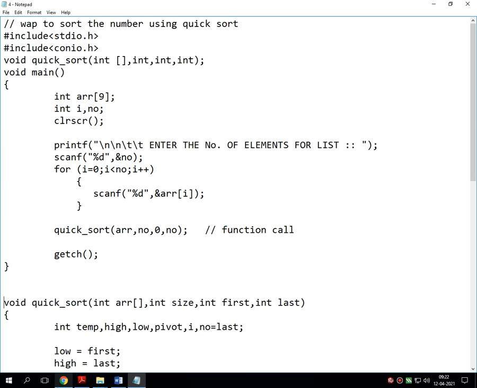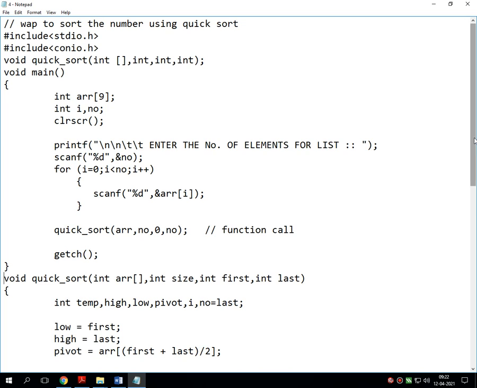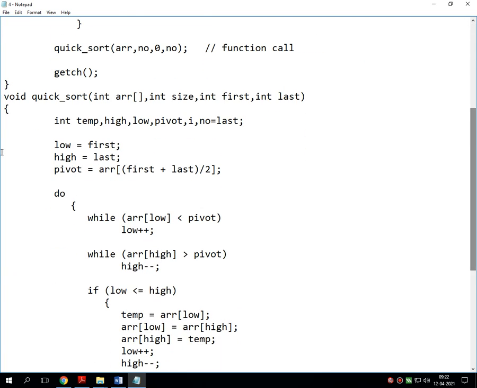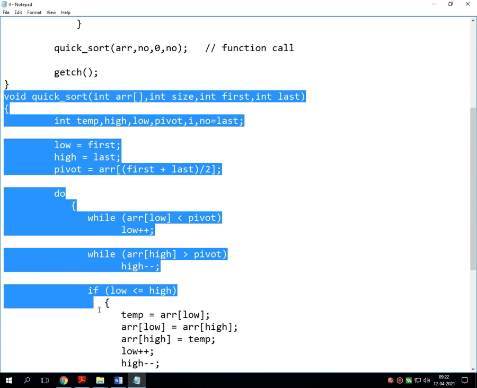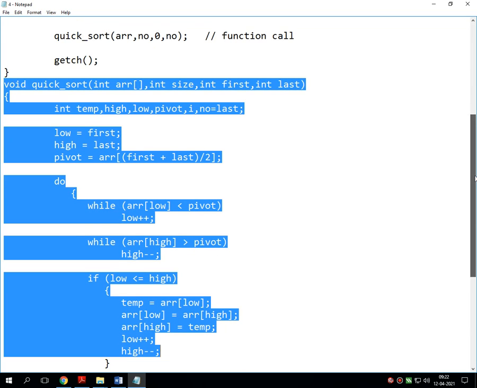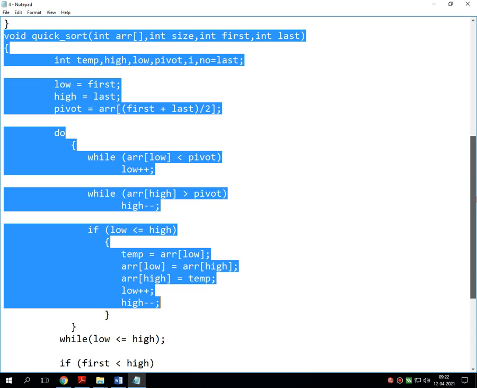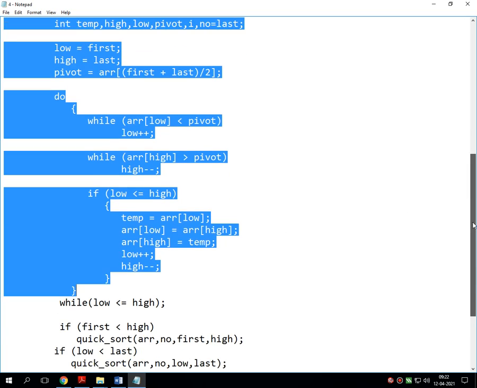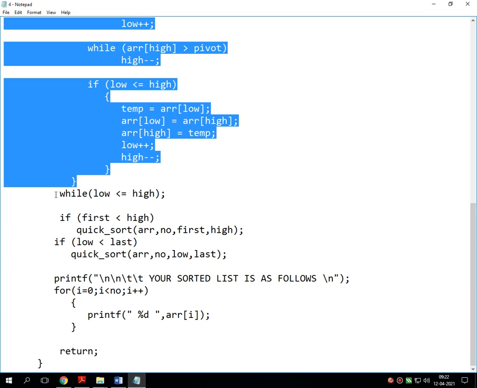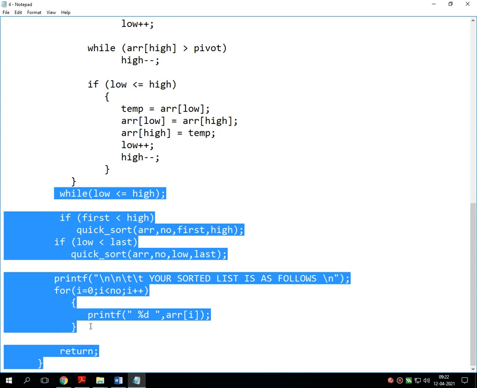Then again pause the video and write down this selected line of the program. Again pause the video and write down the remaining lines. Please write down every logical line correctly, otherwise this program goes into an infinite loop.